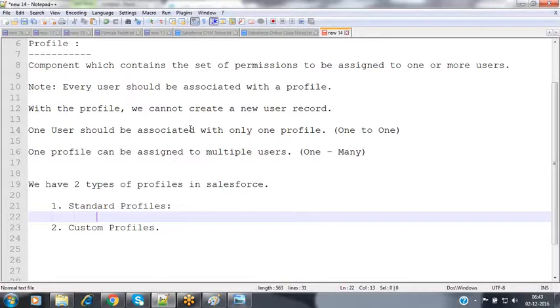Along with that, in each and every table, they're providing some records also in order to see those sample records, how the user has to create some records, what kind of data they have to enter in each and every field to have a sample record. They are giving some set of records to you. Like the same way, Salesforce is providing some set of ready-made profiles to you also. These are the ready-made profiles provided by Salesforce by default.